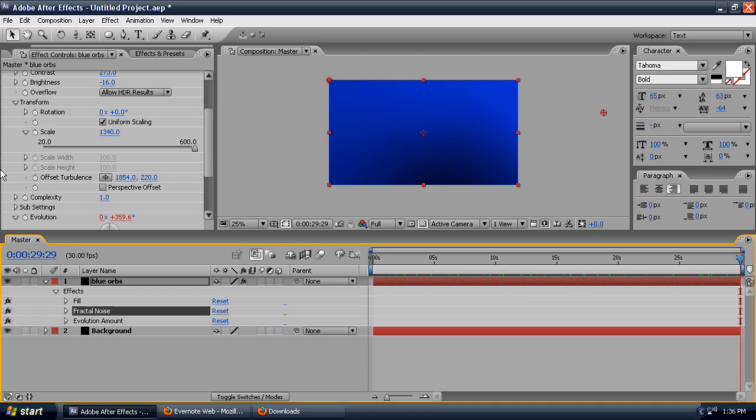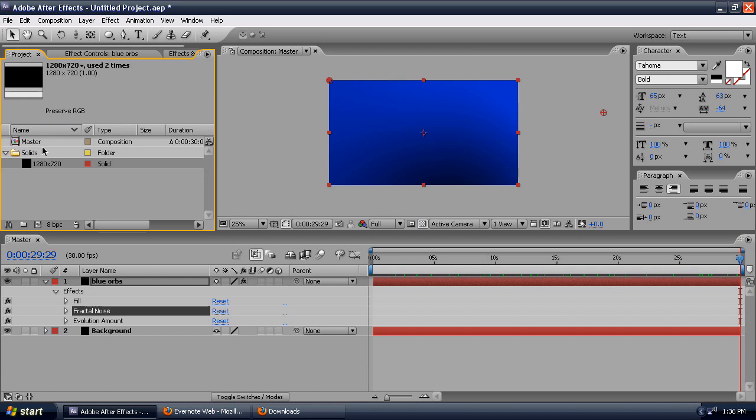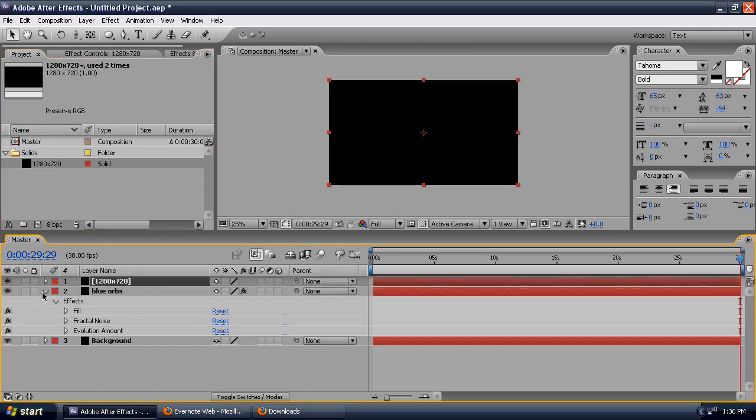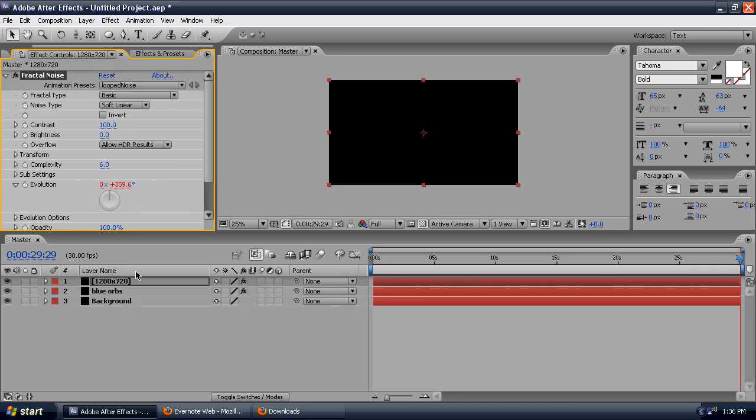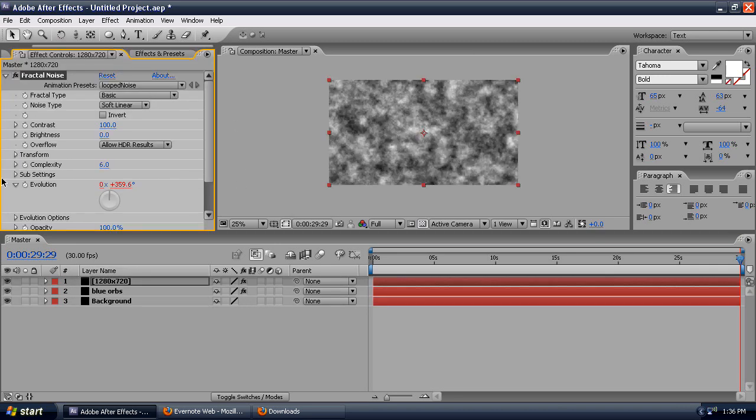Very, very subtle. So now let's make the film grain, and again, we're going to go back to our project panel, pull down one of these widescreen comps, and we'll slap on some looped fractal noise. Again, time savers, makes it much faster. We'll call this our